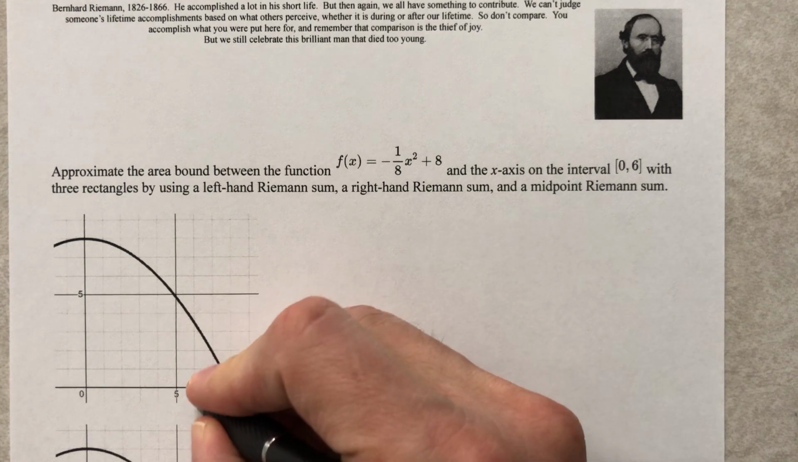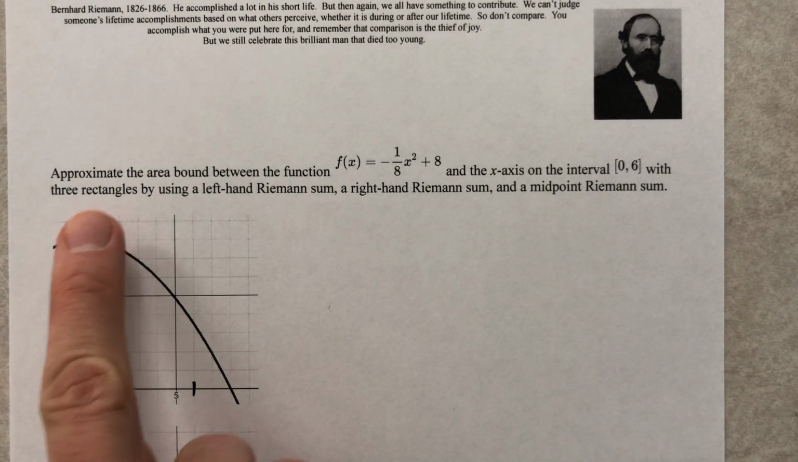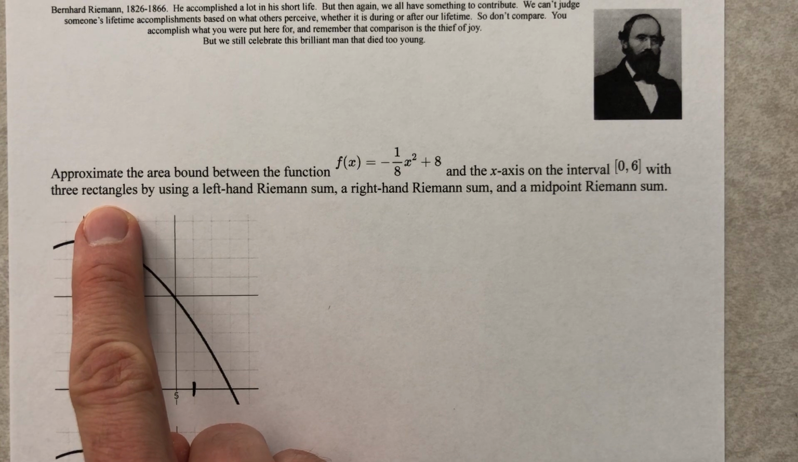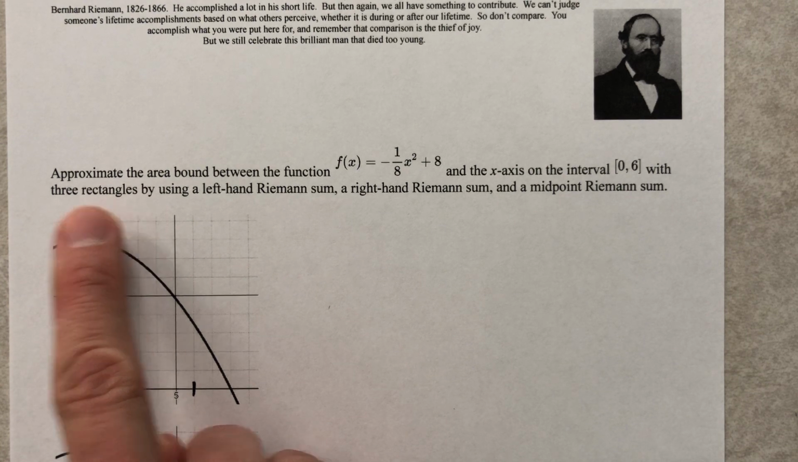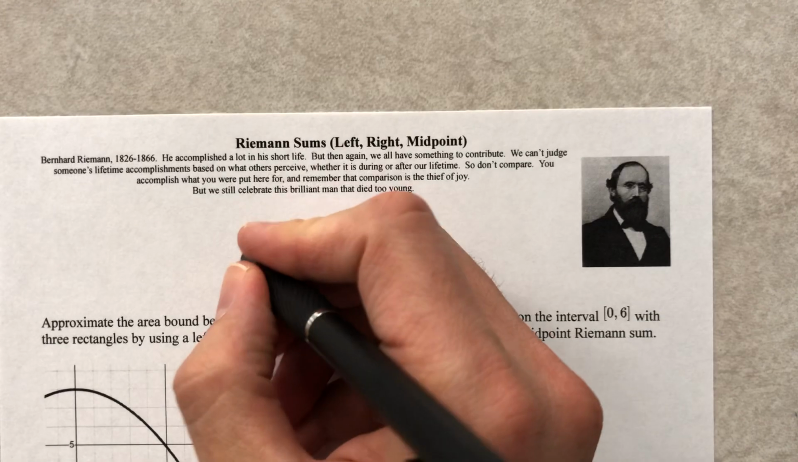So here's 6, no surprises there. We're going to use 3 rectangles, and I should say this too, of equal width. That should be in the directions. I apologize that it's not explicitly stated. If you're looking at this version of it, it might be updated in later versions. But anyway, 3 rectangles of equal width. And so this is where a formula is going to come from. The width